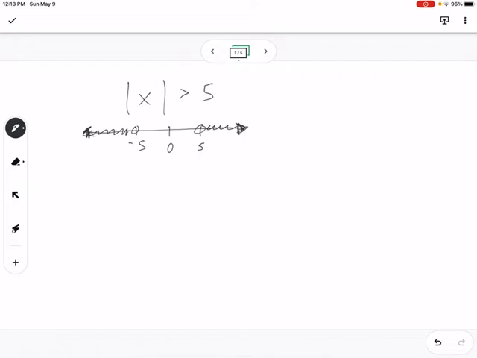Okay, well, now we can write two inequalities. So we're looking for all the numbers that are either less than, so x is less than negative 5. In this case, it's a disjunction, so we're going to use the word or, because there's no overlap. All the numbers that are greater than